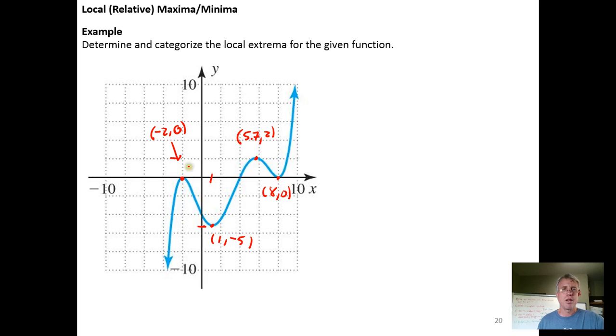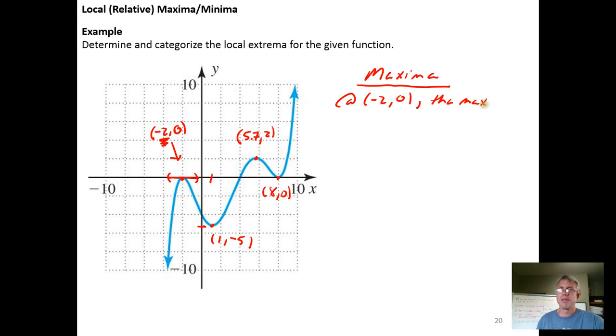And the idea is that we can construct open intervals centered at these input values over which we can clearly identify that this is the highest point on that interval. So if I just look at the graph beneath this open interval, I can see that through this stretch, this is the high point. So this is a local maximum right here. So the maxima for this function, there's a maxima at -2, 0. So this is the location of the maxima,